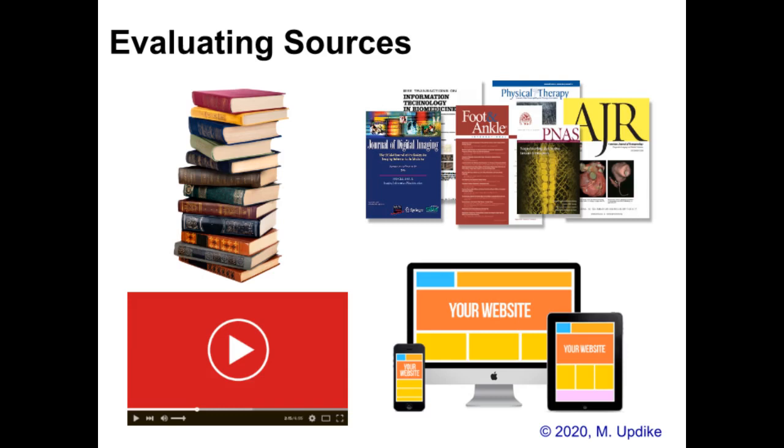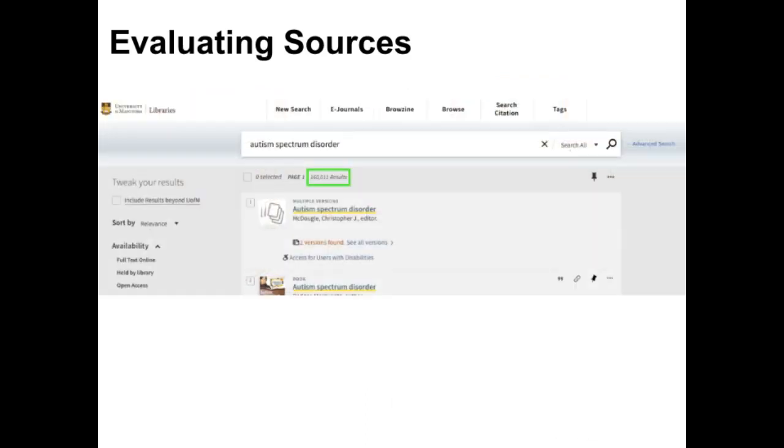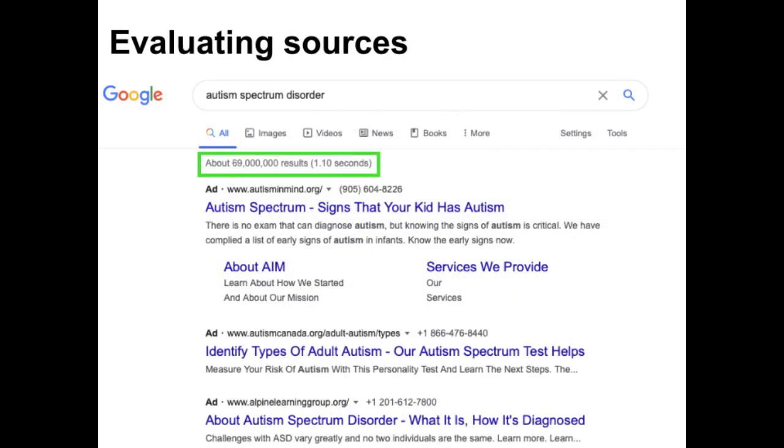This video provides tips for evaluating sources, whether they be books, journal articles, websites, or videos. When you search for information, you're going to find lots of it, especially for your top 10 list. But is it good information? The following is a list of questions to help you evaluate the information you find. Different criteria will be more or less important depending on your situation or need.